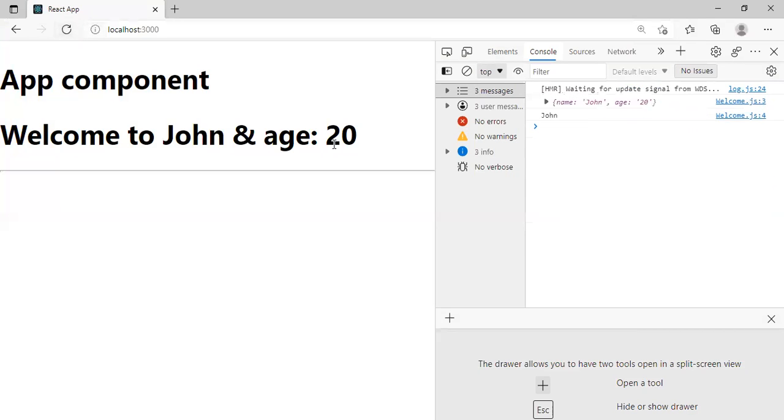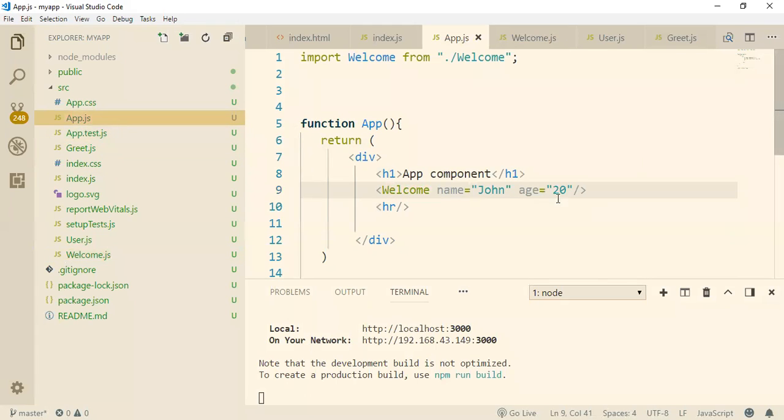Watch here, in the console screen also. Props now contains whatever information you are passing, in the form of an object. Now this object contains two properties: name and age. Okay, again go to the App component. Open the App component. In the App component we are populating the Welcome component how many times? One time. If you want to populate the Welcome component more than once, you can.